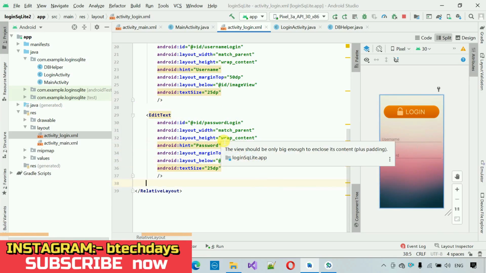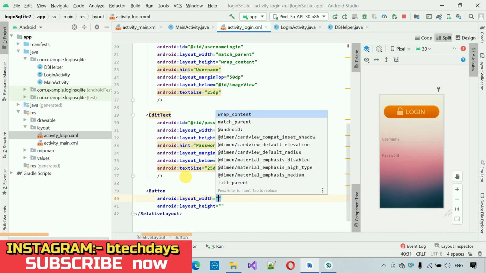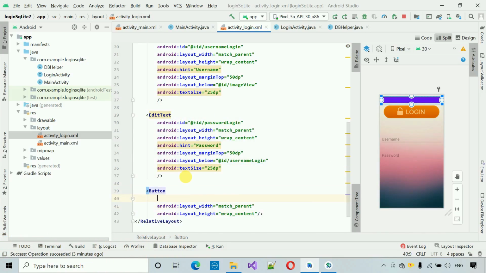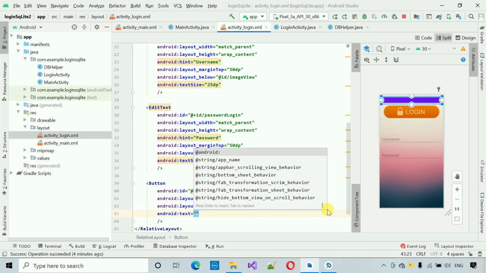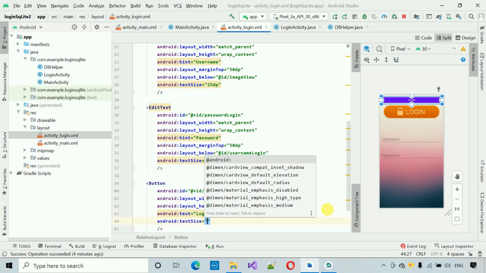After this we need one button, that is the sign in button, so I'm going to add that quickly. So button, the width will be match parent, and the height will be wrap content, and we have to set the ID, so the ID will be btn sign in, I'm going to change this one to login, not sign in, just login. After this we have to set the text, I'm going to set this one login,